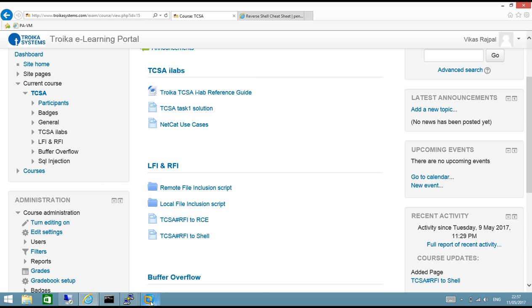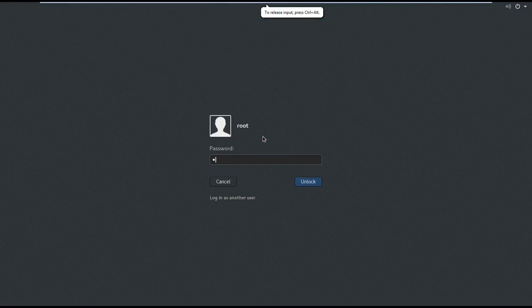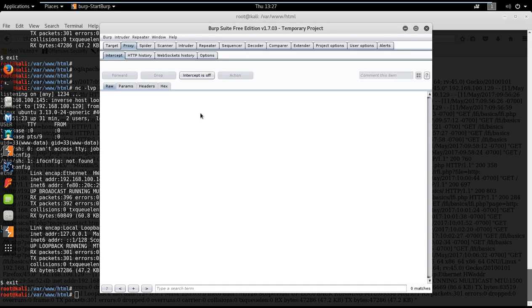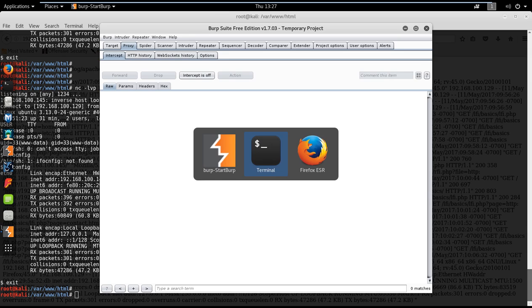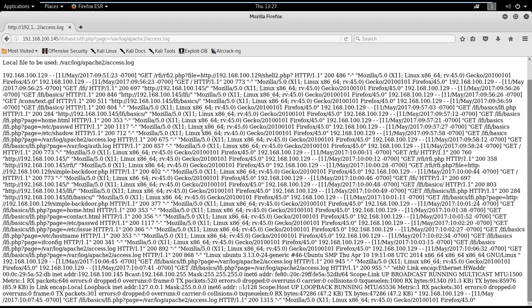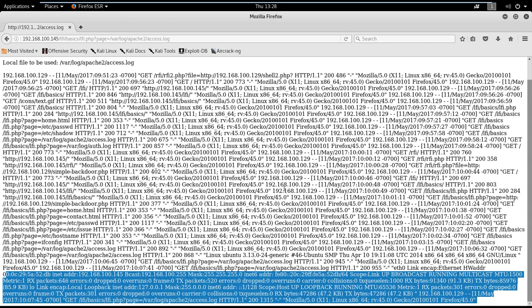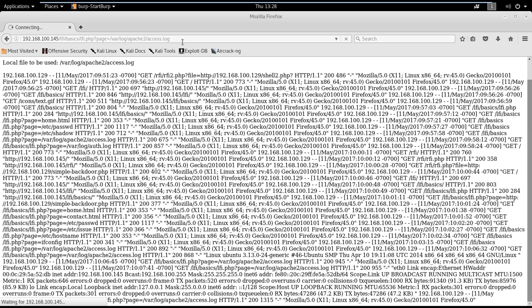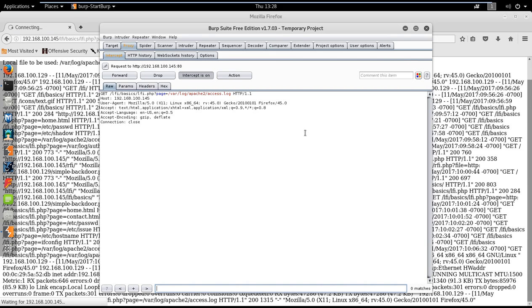Now log into the lab again. So I'm on the Kali machine. Then let me go to the browser again and start where we left off in the last video. I'm going to set the intercept to off. As of now we know the log file has the code to execute ifconfig and uname, and if I start it again, I can see I have this ifconfig output in the log file. Now start it again, then try to access the log file, go to Burp, and replace this code with the PHP